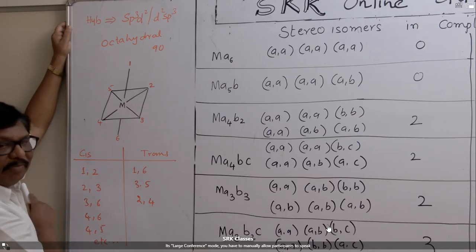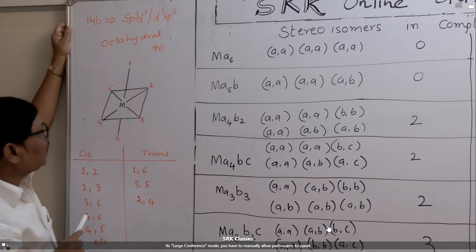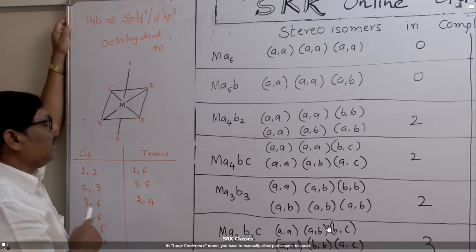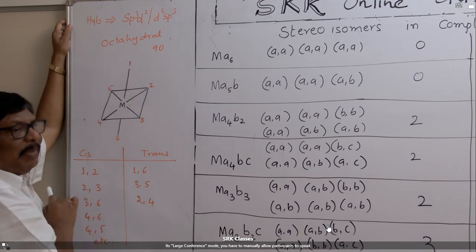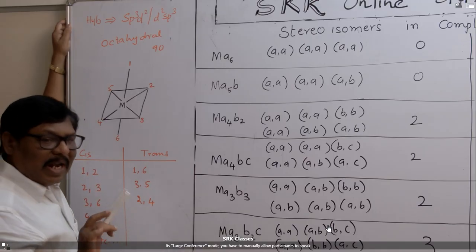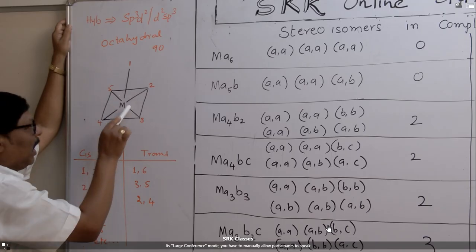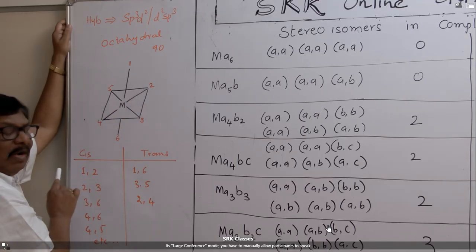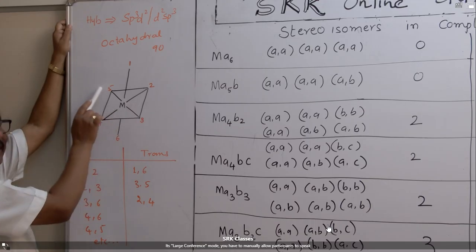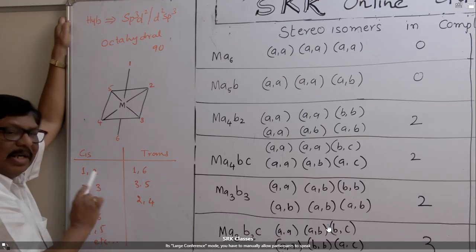That's the octahedral complex. I have given the numbers for the octahedral complex here and have specified what are cis positions and trans positions. The easiest way to remember the cis positions is to remember the trans positions, which are only three. Trans means opposite, where the angle between the ligands must be 180. Look at here. 1 and 6 are exactly opposite. Bond angle is 180. Similarly, 2 and 4 are exactly opposite. Bond angle is 180. Next, 3 and 5 are exactly opposite. Therefore, bond angle is 180.